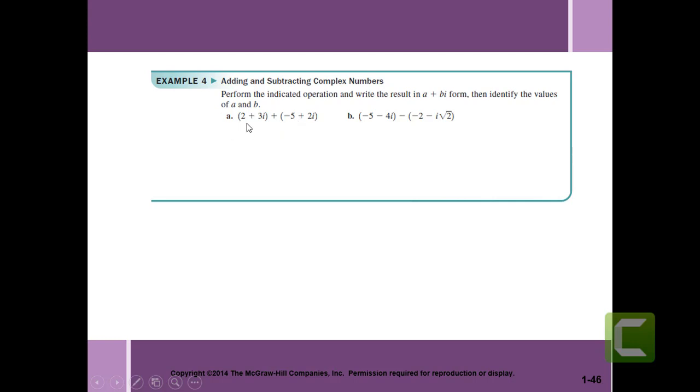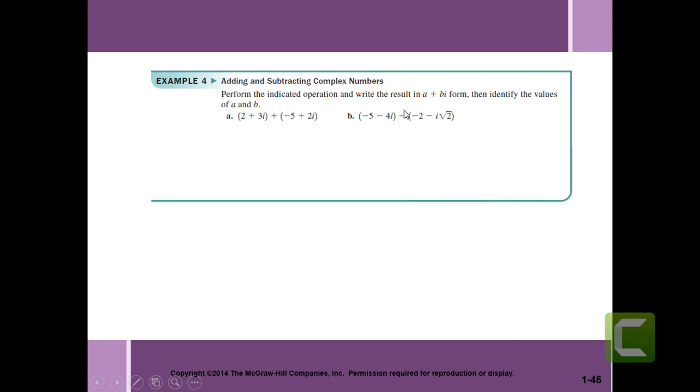So here's how it works. We're going to add the real parts together and add the imaginary parts together, right? So we take the imaginary parts, group them together. We take the real parts and group them together, and then we simplify. And same way with